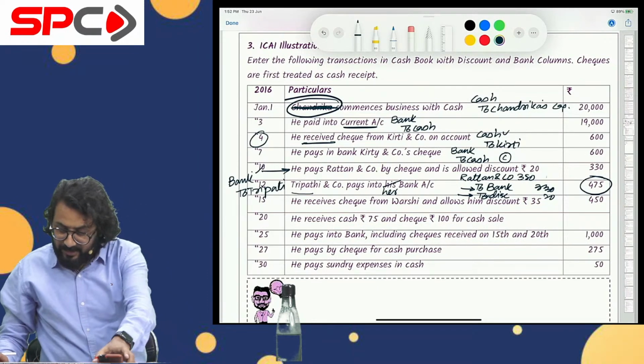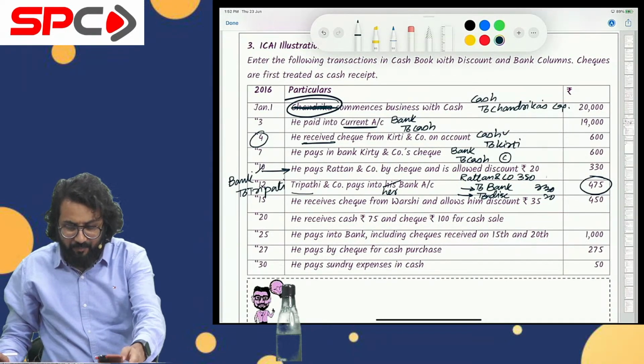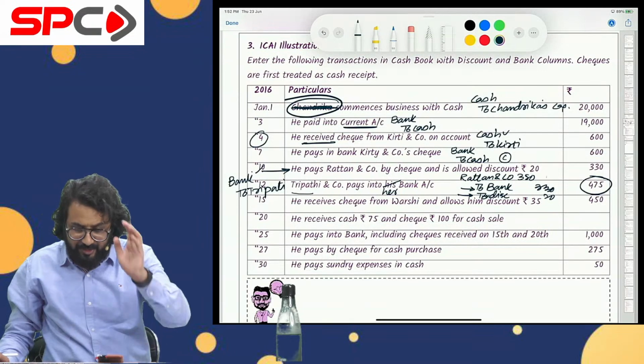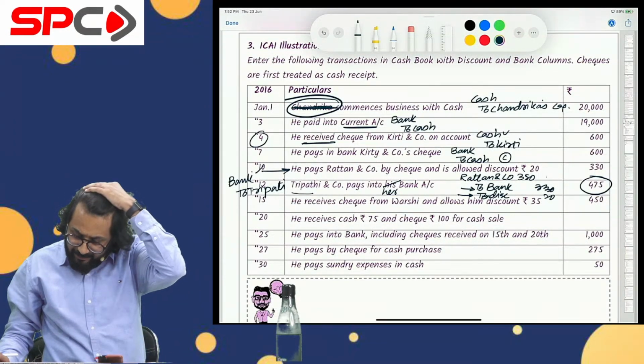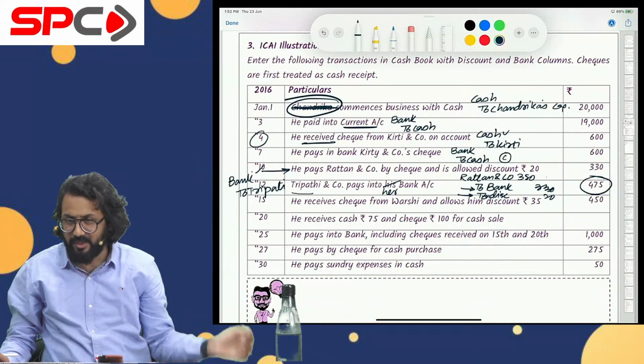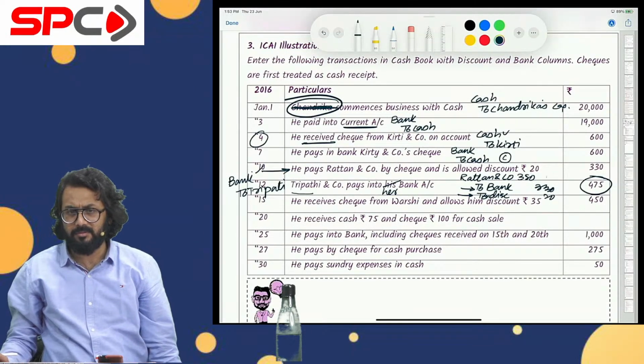Now next, he receives check from Varsi. He receives check from Varsi and allows him discount 35. So can I